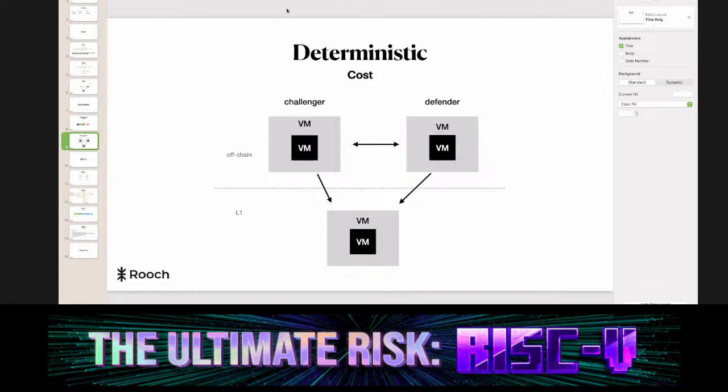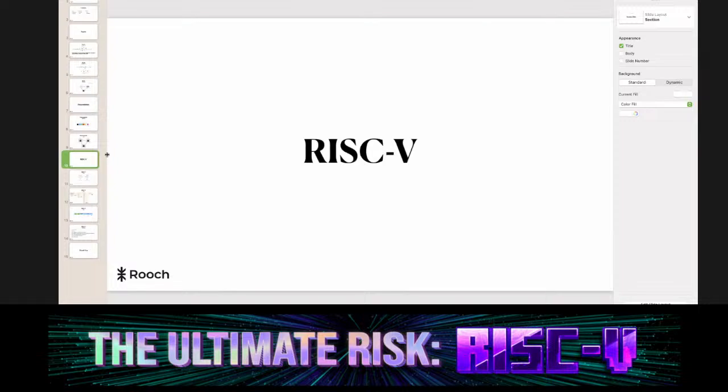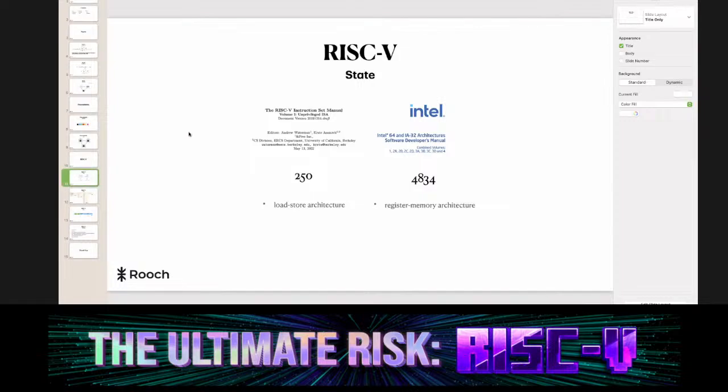So what's the answer? What can we do to handle this issue? Not just me, many teams, many projects have given their answer: RISC-V. Why? But why? Okay, RISC-V. First,